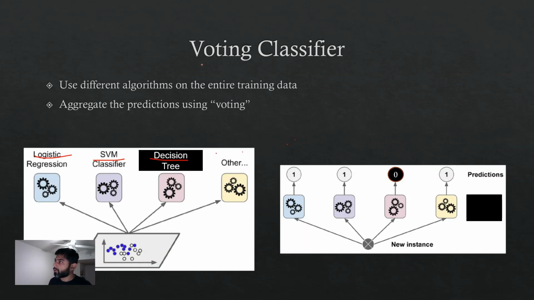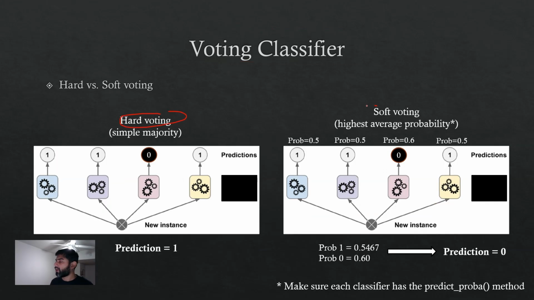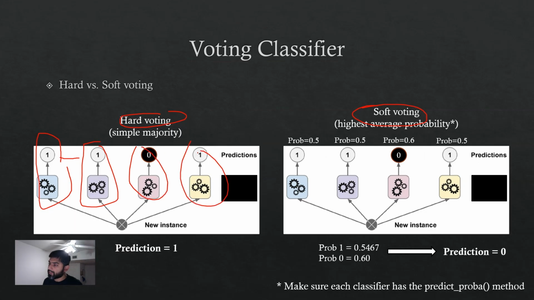There's an interesting concept of voting classifier, hard voting or soft voting. Hard voting is the same as what we do in the elections of the government. Each person gets one vote, an equal vote. For example, first algorithm, decision tree, second, support vector machine, third, logistic regression, and fourth, another algorithm. They all get a single vote. For example, three of them predicted the result to be one. You add them together, three in comparison to just one making a zero prediction.